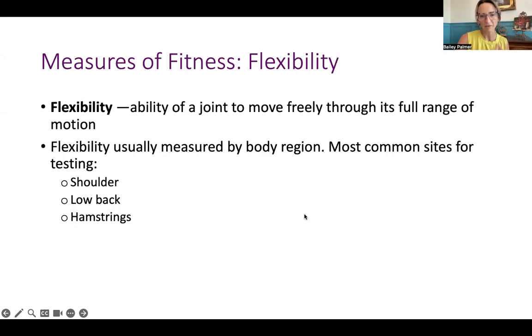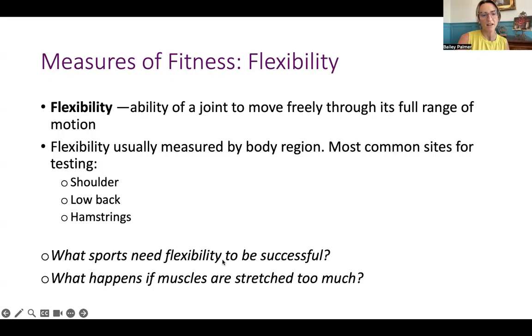So let's talk about flexibility. Flexibility is important for health, but it can be important in some sports depending on the area. And so we look over here at what are our most common places for measurement. Shoulder flexibility. So any athlete who goes through a full range of motion at the shoulder joint, so shoulder rotation or throwing sports. Low back flexibility and hamstring flexibility. Low back, the lumbar region is usually a tighter region in individuals, and especially as well as our hamstrings are